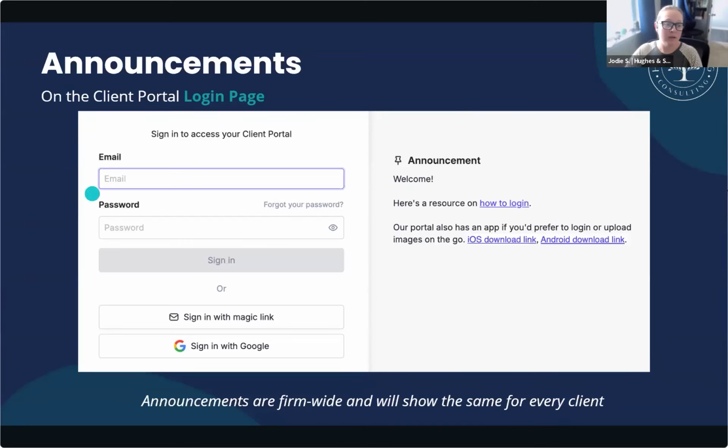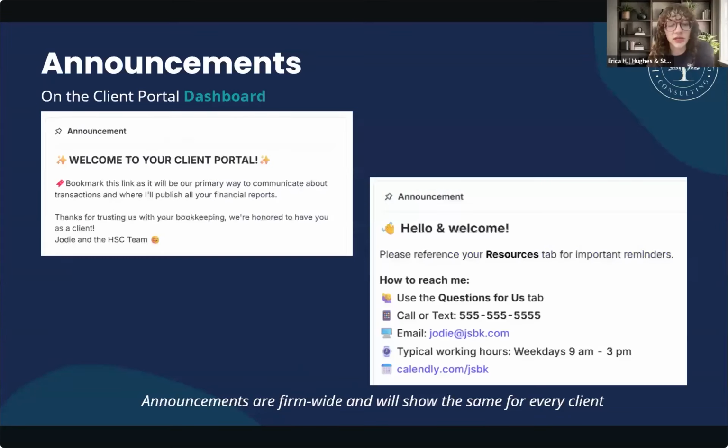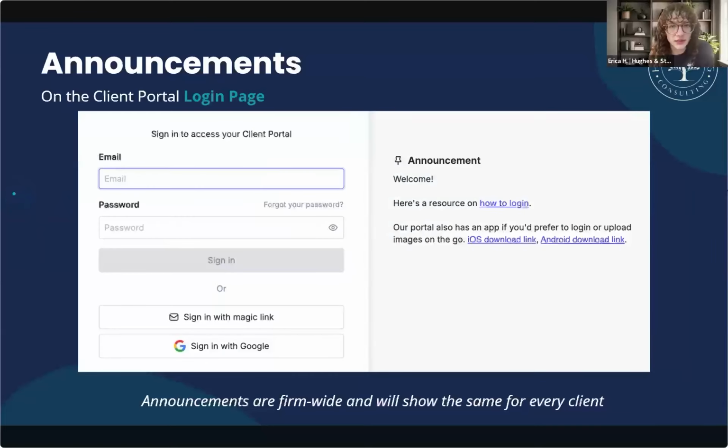And you can see over here what the login options are as well. Yep, absolutely. So just to reiterate, we want to keep that one a little bit more generalized. So this may be a great spot for just a quick welcome or how to reach out to you if you're having trouble logging into the portal, a quick video on how to log in, or just mention of the app. Those are pretty common on what you may introduce on this announcement,